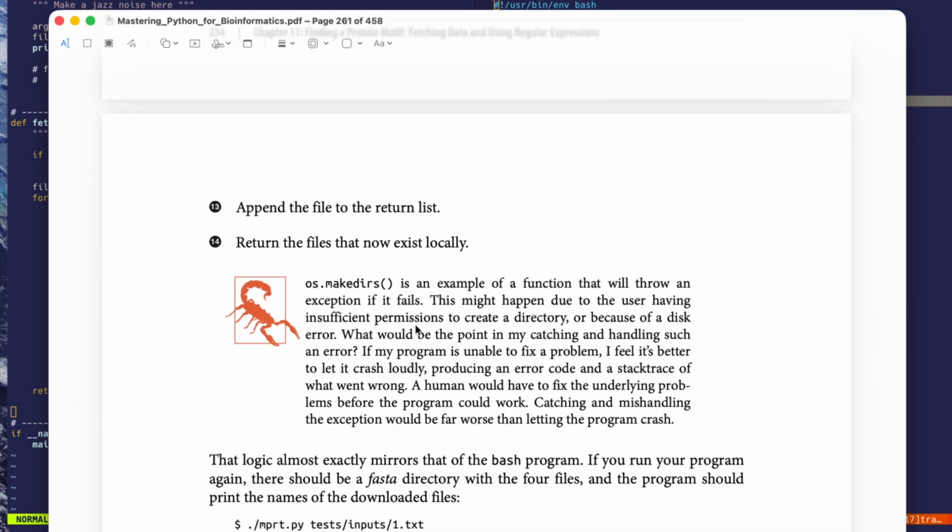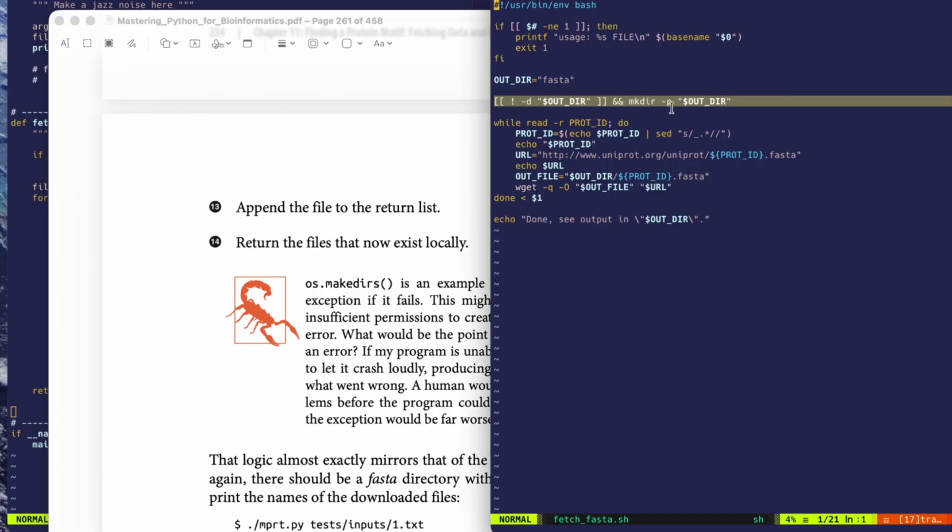It could raise an exception if it's not able to go out to the operating system and make a directory. Make dirs actually makes all the directories. That's what's going on with make dir -p. So if the user said, actually I want the data to go in